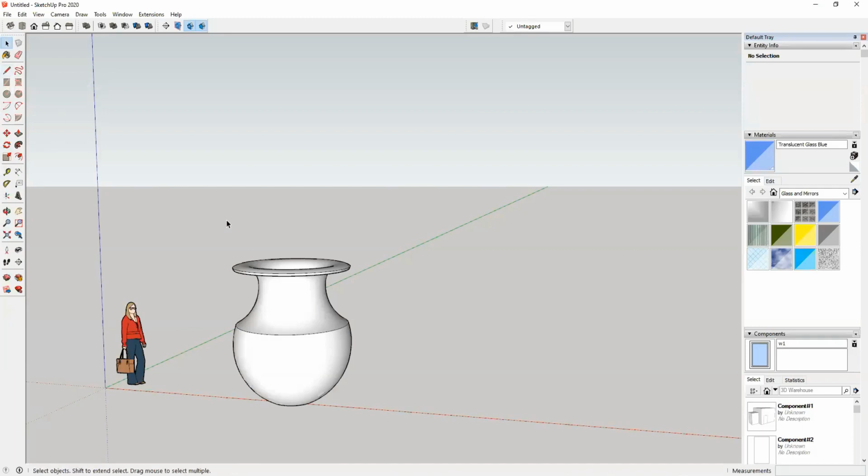L for line, R for rectangle, C for circle, M for move, P for push pull, Q for rotate, S for scale, F for offset. Try to memorize them. I will provide a sheet where you will get all the default shortcuts, which will help you to memorize, but it will come with practice only. So try to practice without clicking the tools from here,